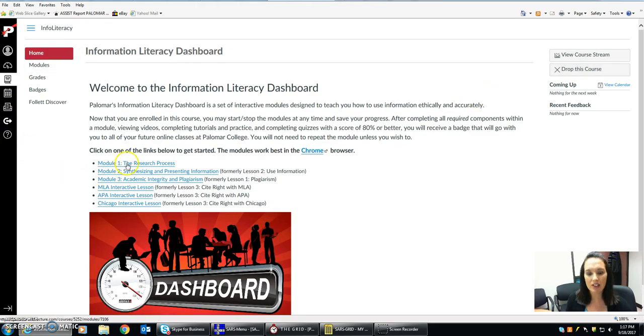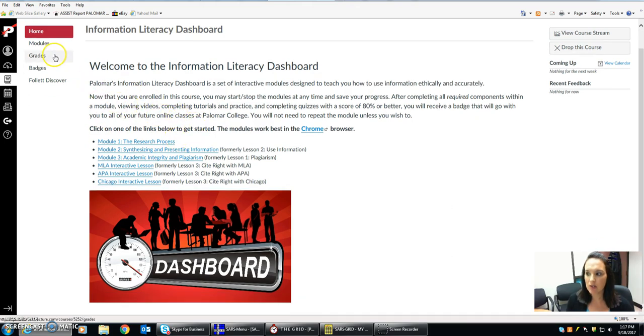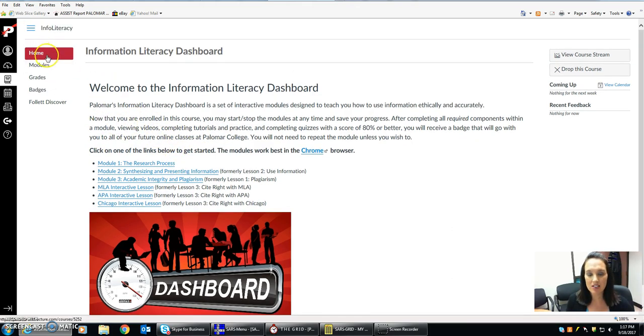and here are the different lessons. So it tells you a little bit of information. After completing all required components within a module, viewing videos, completing tutorials, and practice, you are to complete the quizzes with a score of 80% or better. So within these modules will be quizzes. I'm going to show you, if you're new to Canvas, this is just a different way of looking at a system, kind of like how Blackboard looks. If you go to modules,